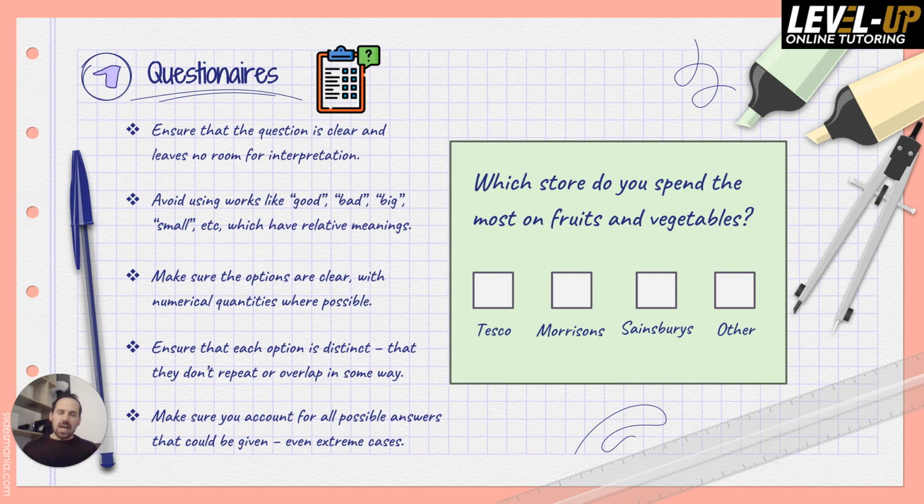How much do you spend? And I've said things like fruits and vegetables, as opposed to how much do you spend on healthy foods? Because again, healthy could be subjective. What one person considers healthy might not be what someone else would consider healthy. So you see, I've gone there to be very, very specific and then get very clear, distinct options, and I've allowed for any other case that might not fit those options as well. So those are the things we have to consider when doing a questionnaire. It's very easy to